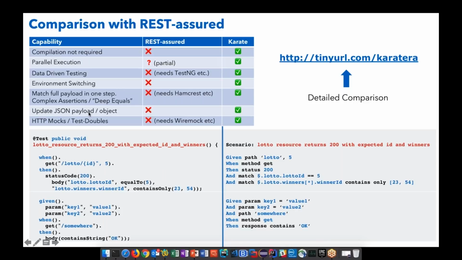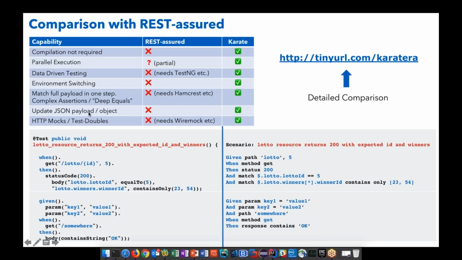One thing which surprised me about Rest Assured is that once you have a JSON object, it's very difficult to update it, especially if you've taken an object that's come back from the server and you want to kind of tweak it a little bit, clobber it, and then resend it or something. Very difficult to do in Rest Assured. A piece of cake with Karate, if you ask me.